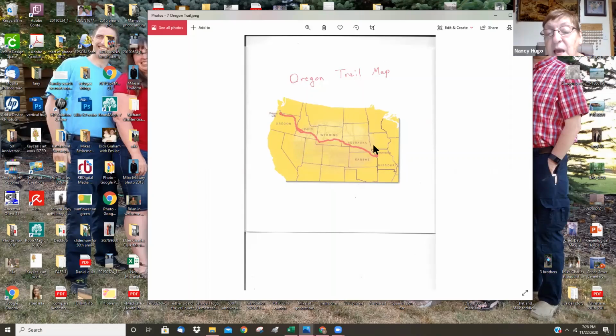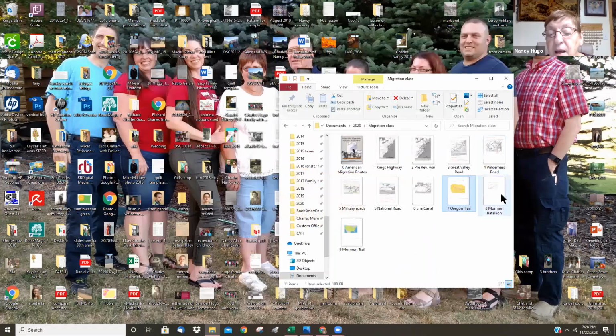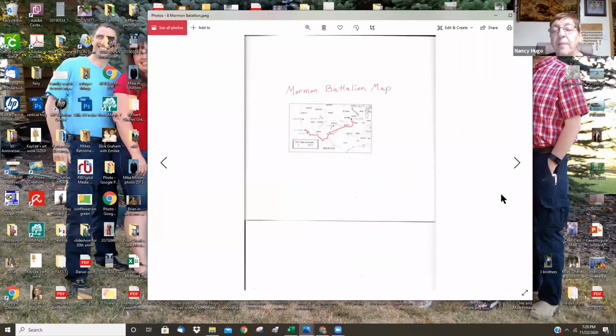And this then became another very big road. And this is after the 1815 book, but following the Oregon Trail. Then, just after the Saints left Nauvoo,